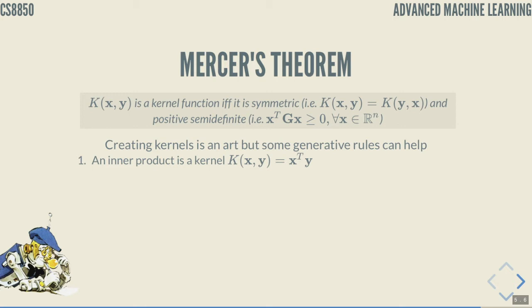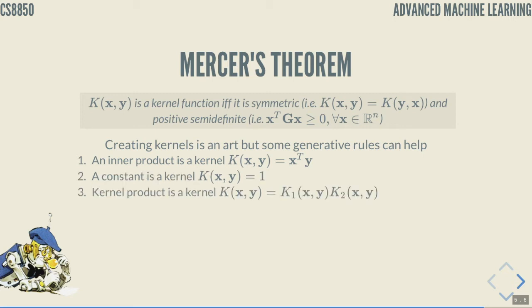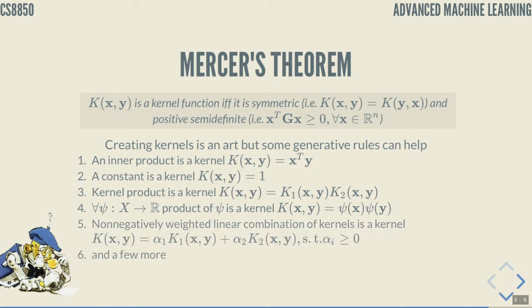For example, any inner product is a kernel. A constant is a kernel. Kernel product is also a kernel. For all functions that map vectors to scalars, the product of those functions is also a kernel. A non-negatively weighted linear combination of kernels is a kernel, and there are a few more rules that you can use to construct your kernels out of already existing kernels, which are